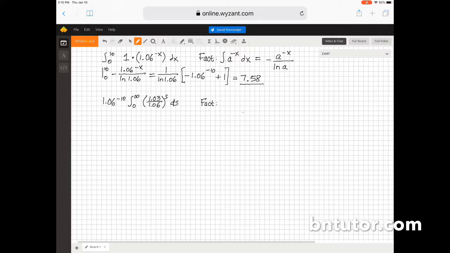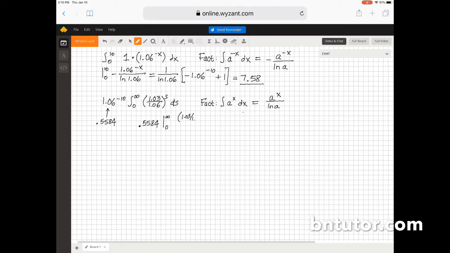Another fact here, similar to the one that we'd learned before, is that the antiderivative of a to the x is going to be a to the x over the natural log of a. Now in this case, our a is 1.03 divided by 1.06. A quick little algebraic note to the side here, that 1.06 to the negative 10th is 0.5584. So we'll carry that through as we work the rest of the problem. So 0.5584, and then as we evaluate from 0 to infinity,